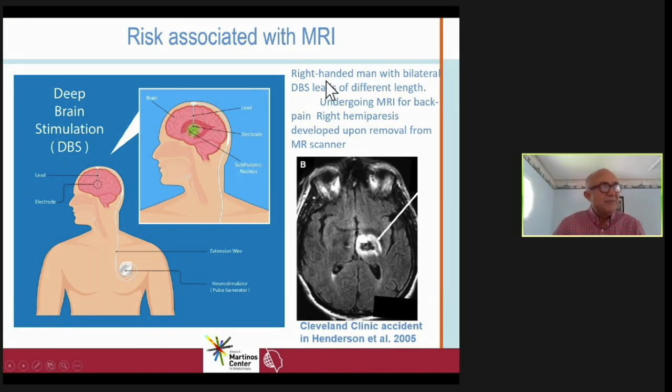And so, unfortunately, at the Cleveland Clinic in 2005, we recorded an accident. A patient undergoing MRI for back pain, so completely unrelated to movement disorder, had a bilateral DBS implant with different lengths. And upon removal from the MR, the patient developed right hemiparesis. So we studied this case